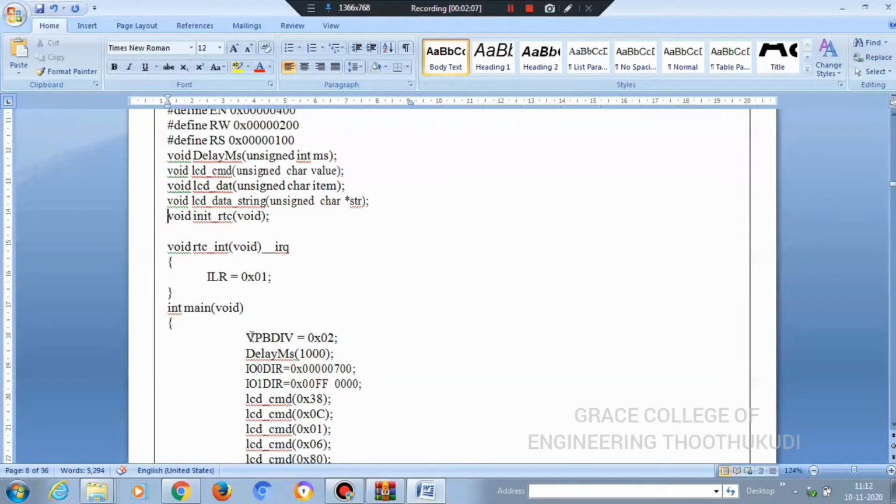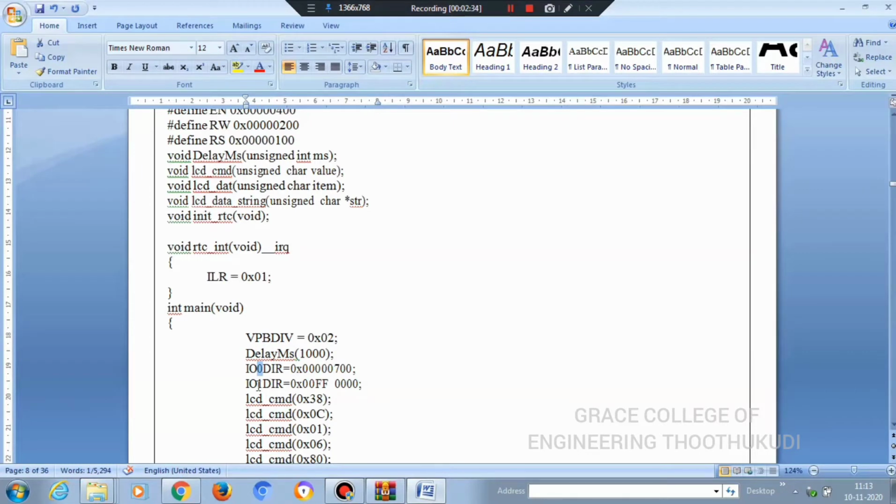This is the main program. We are initializing the clock frequency 0x02, and with some delay we are going to set the direction flag. In port 0 we are setting the value as 0 1 1 1. Therefore we are going to use those 3 pins as output pins for the LCD.